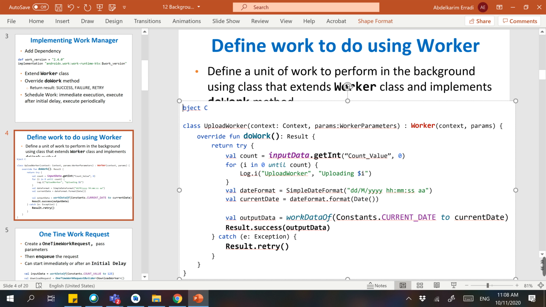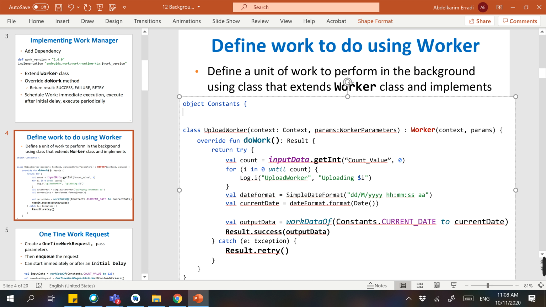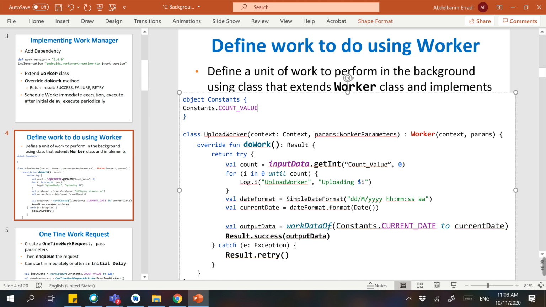Let's say you may call it constants, or call it whatever you want to call it, but constant is a good name. And then what you do is you say const val, and you give your string a name. Typically it is uppercase, and if it's a compound word, you put an underscore between the two words. In here, count value, and then you put your string in here,